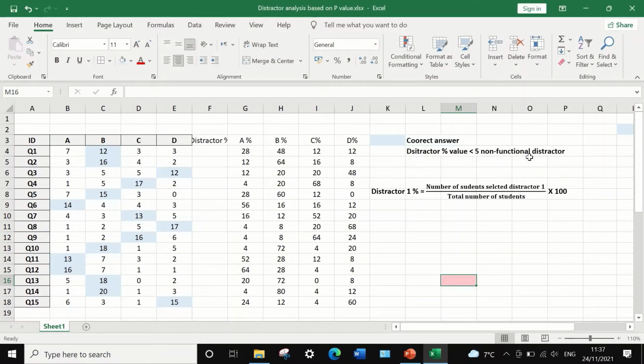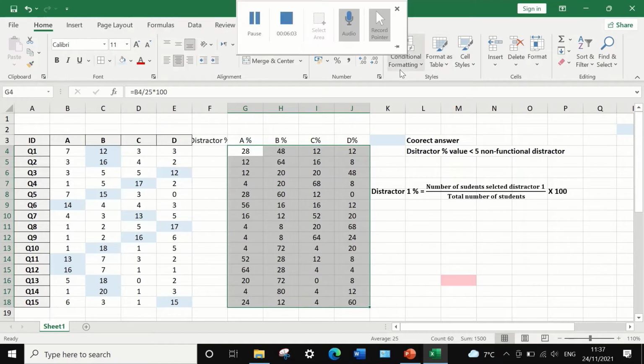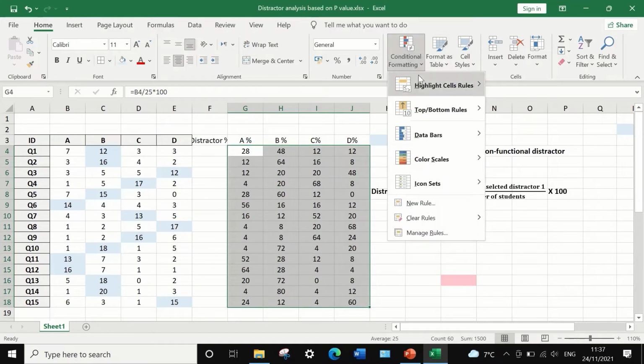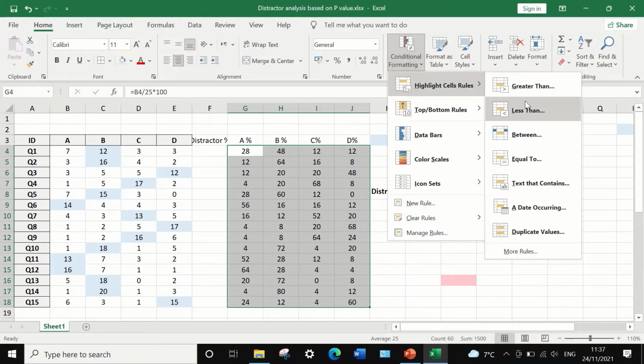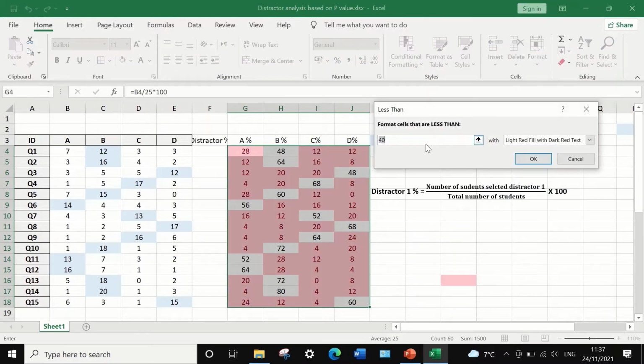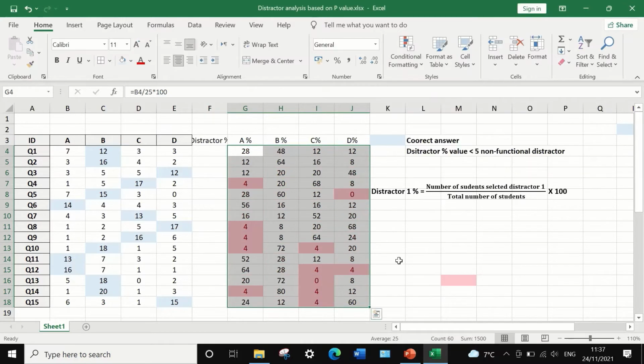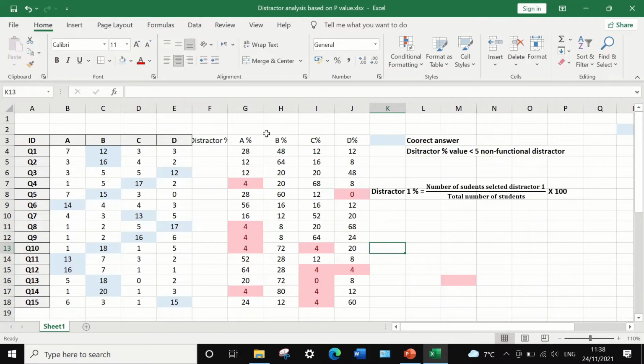If I click on OK, sorry, I have to select the data first, and then again select highlight cell rules, then less than, and then select 5%. Again, keep the same thing, click on OK, and here we can see that for